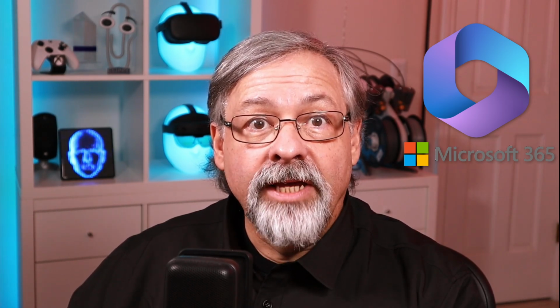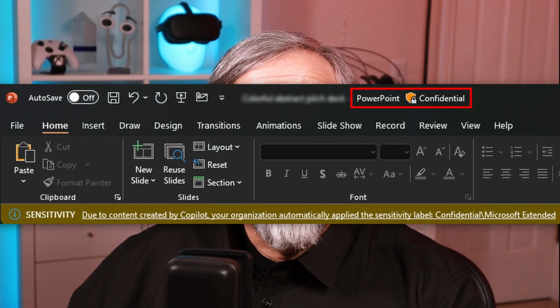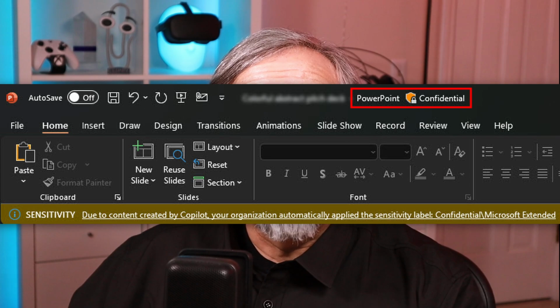Let's use Designer to suggest some alternative layouts for this slide. Since this is our first time using Designer after having Copilot create the deck, there's something I want to point out that you might encounter if you're using an Enterprise M365 license. Out of an abundance of caution, and because Copilot doesn't really know what's confidential and what isn't, when using an Enterprise M365 license on PowerPoint, Copilot may automatically set the sensitivity rating of your generated presentation to confidential. When that happens, it can result in Designer being disabled so that confidential information can't accidentally be sent to the